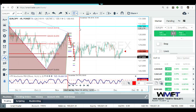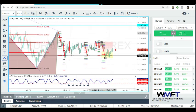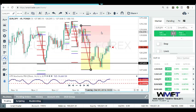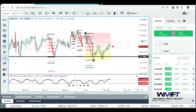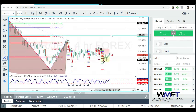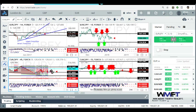That Fibonacci is no good. That one either. So my stops will go 10 pips above this A, and I will be going down, not to the 618 extension, but I'll be going down to the support in this consolidation range. So that's how we look at the euro, Japanese yen, and I